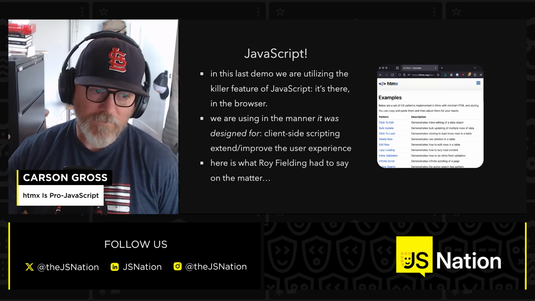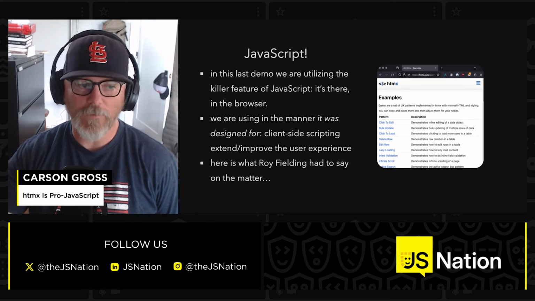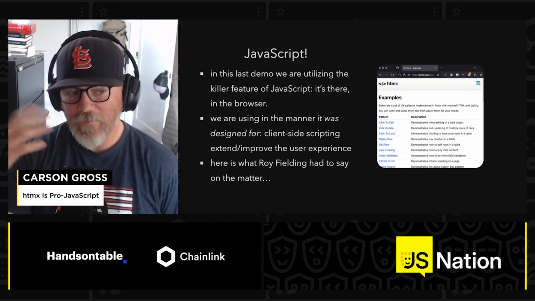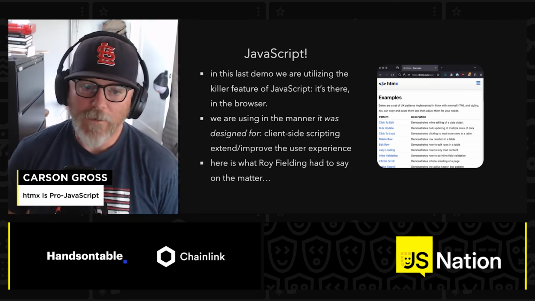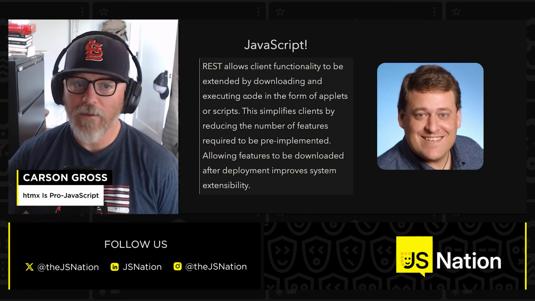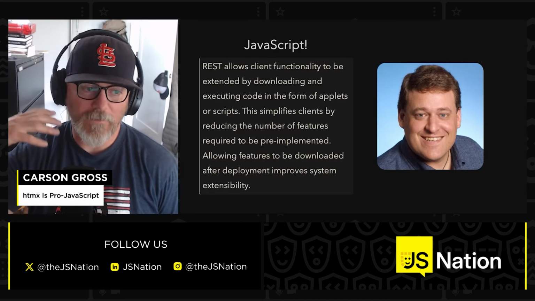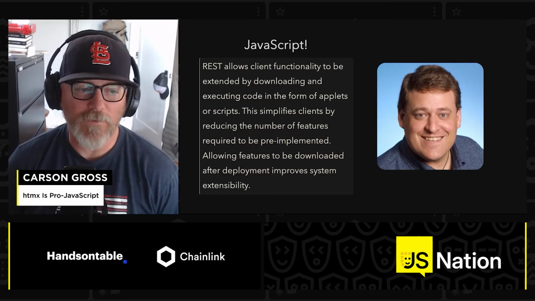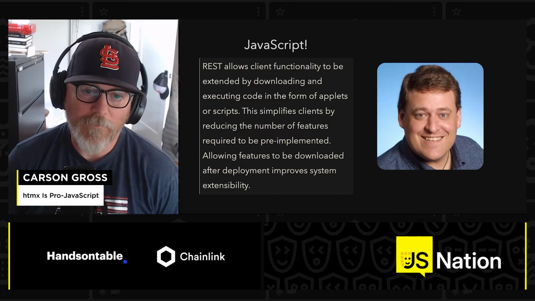So Roy Fielding is someone who wrote a famous dissertation on the web. He was one of the original engineers who worked on the early web. And his dissertation gave us terms like REST and HATEOAS, which you may have heard. But he talked about scripting in that dissertation, and this is what he had to say. And when he says REST here, what he means is the web. You can think of REST as being like the web, like he's talking about a RESTful system, which was his description of the web. So what he said is REST allows client functionality to be extended by downloading and executing